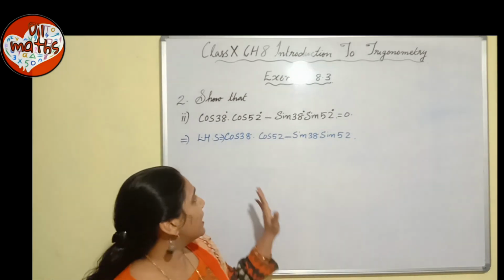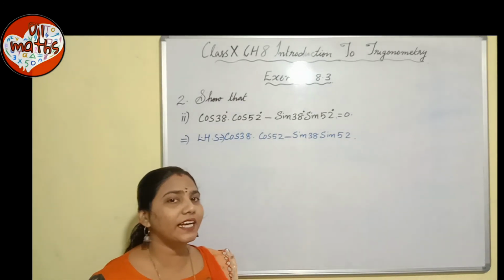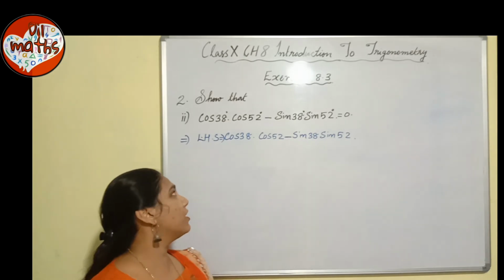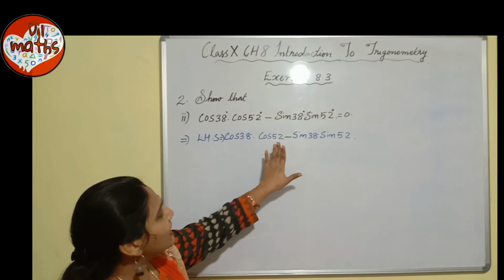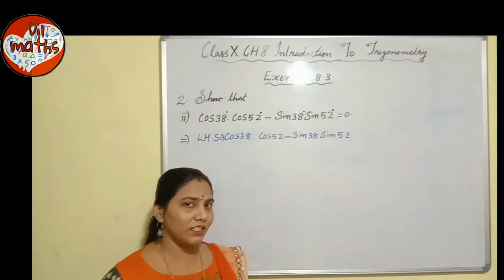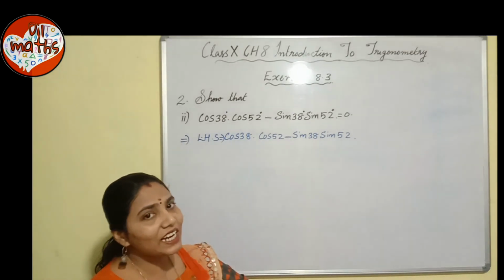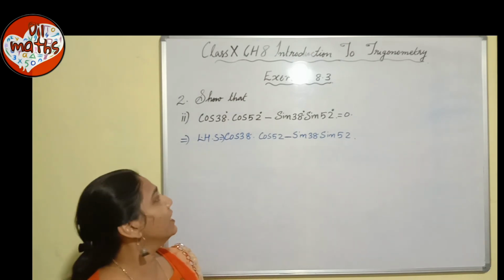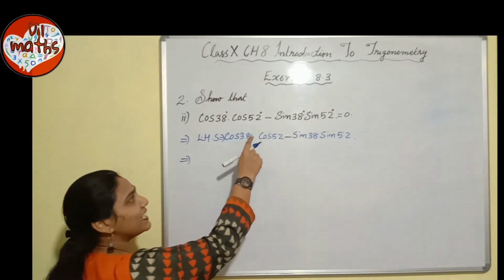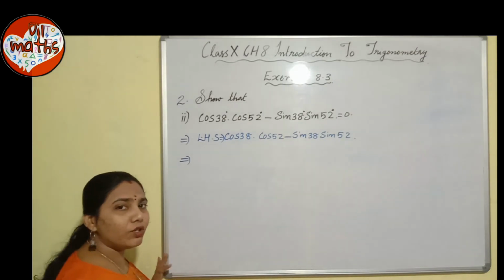So here while checking we can see that 38 and 52 are pairs, isn't it? They are complementary angles. If you are adding 38 and 52, what you will get? You will get 90 degrees. So they are complementary angles. So cos 38 and cos 52 are complementary trigonometric ratios. This also is a complementary trigonometric ratio. So what we will do in the next step? We have to change any one of the angles from each pair. So instead of 38, I am going to write 90 minus 52. 90 minus 52 is equal to 38.